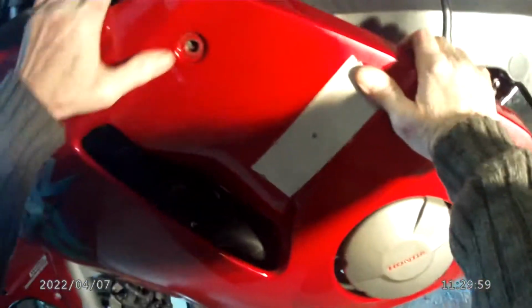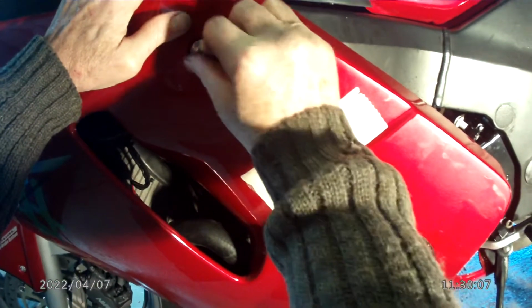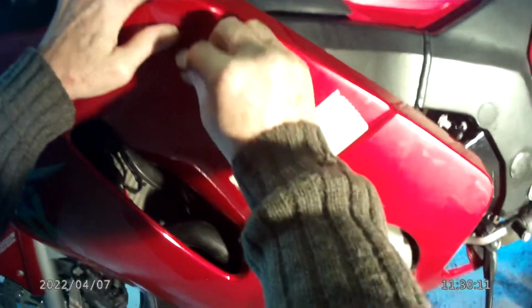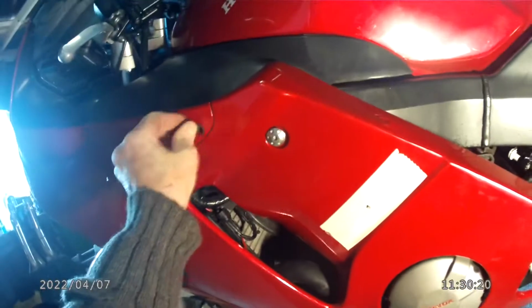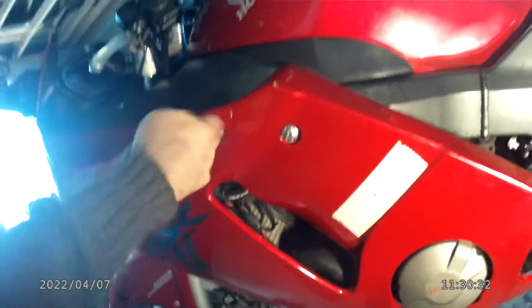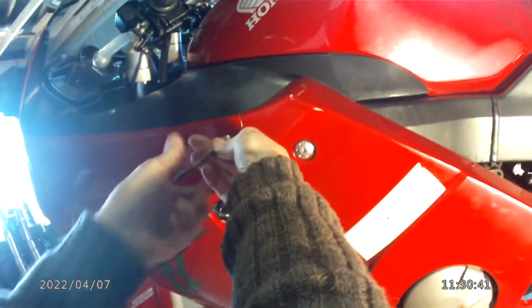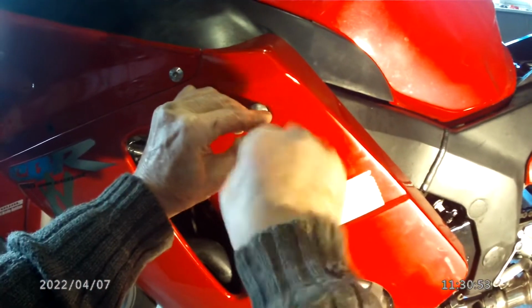So that's where the old crash bung used to be, which we won't be using there, we'll be using it somewhere else. There we go. So having got that done, just locate that one. It's important that everything's located reasonably well. There we go. You know everything's in the right position then when it's clamped up. As I say, you don't have to put everything back. When I was doing one of the bikes, it was easier to take the fairing lower off to drill that pilot and to do other